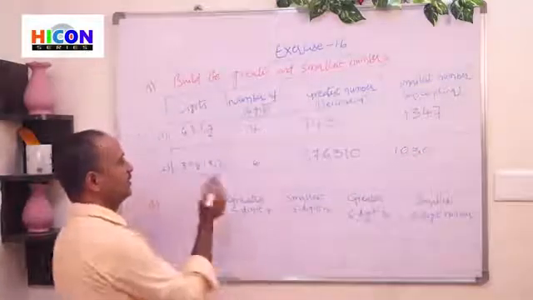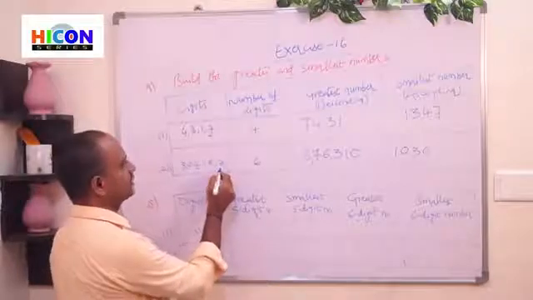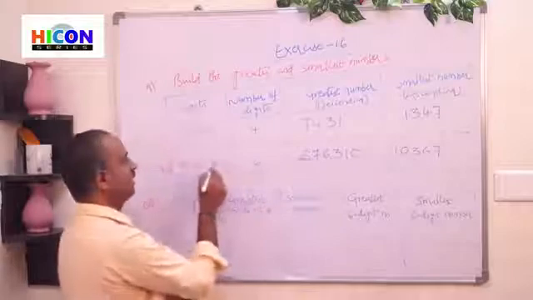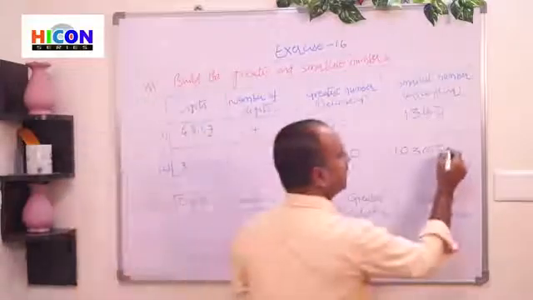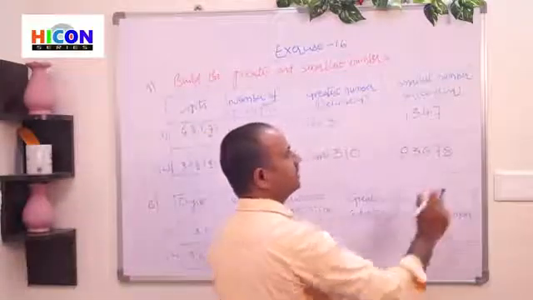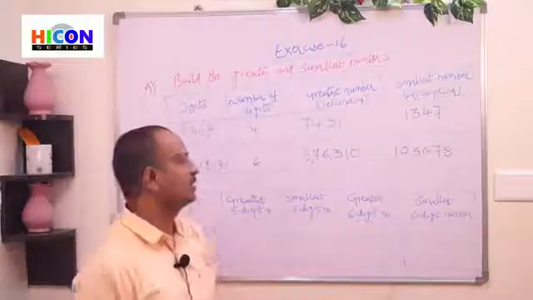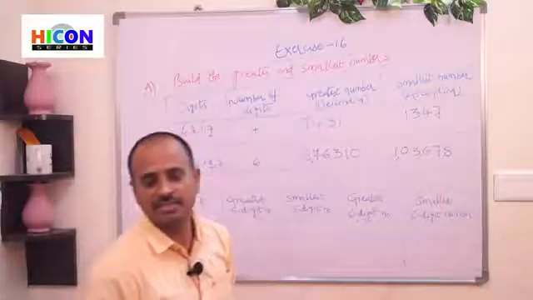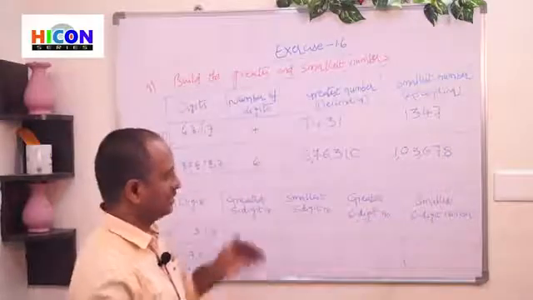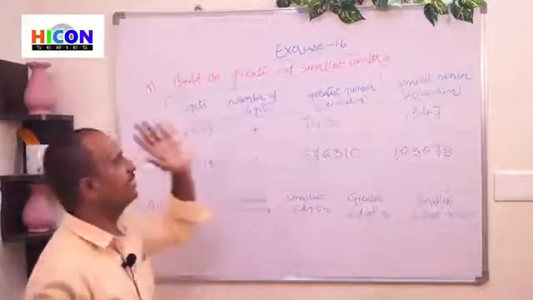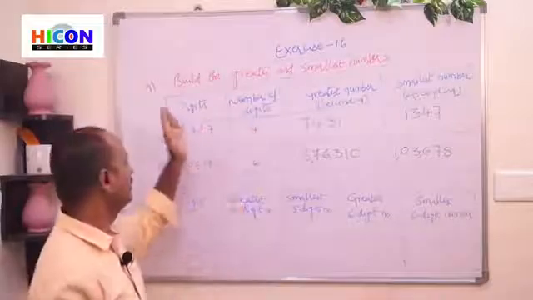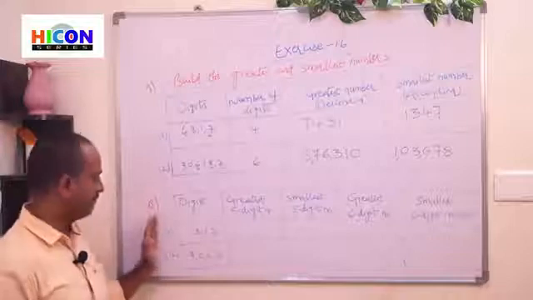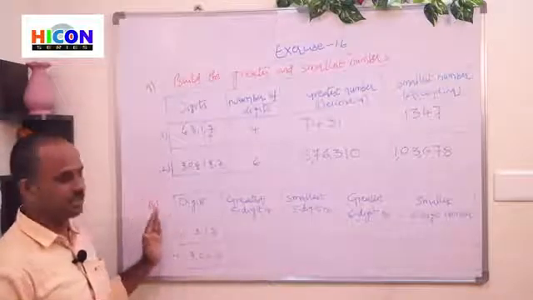After 6, which one is the smallest? 7 is the smallest, so write 7 after 6. There will be remaining 8, so write the remaining digit last. Children, this is the smallest 6-digit number, that is 1,03,678. So children, this is the way to form the greatest and smallest number with the given set of digits. See the next section, B, in exercise 1.6.